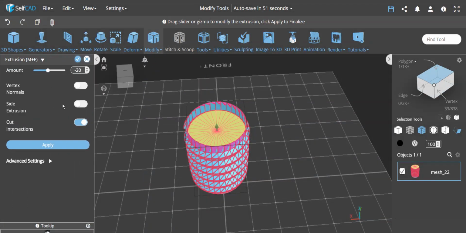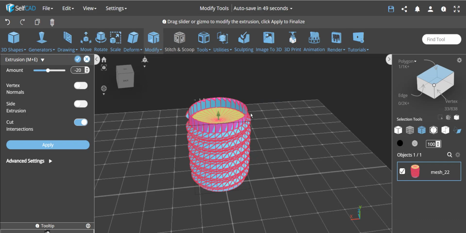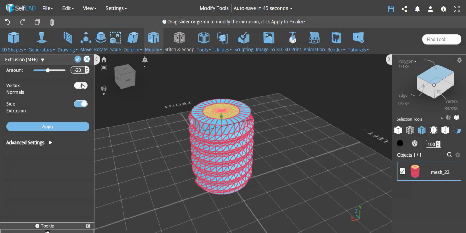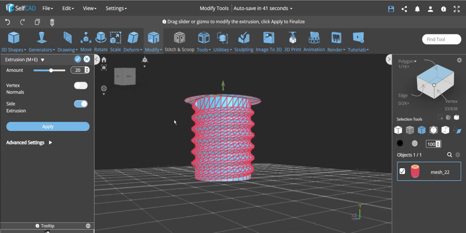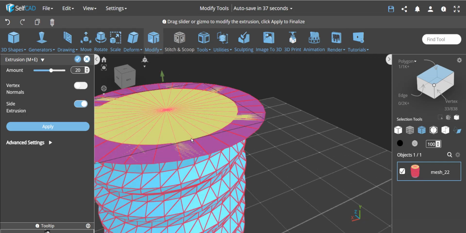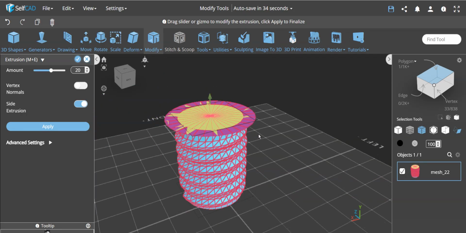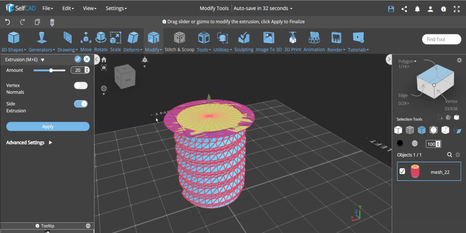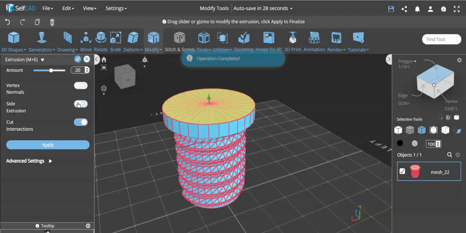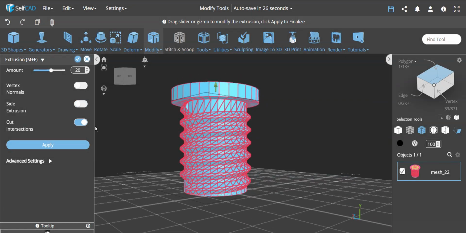Now, here I need to extend it outward. So this is where side extrusion comes in. I can make side extrusion positive, not negative. So let's say I make this something like this. Now, once I finish with this, it is also not manifold. These faces are just overlapping one on top of each other. And this actually is not good. But if I apply and add a second step that is not side extrusion, and now do something like this,